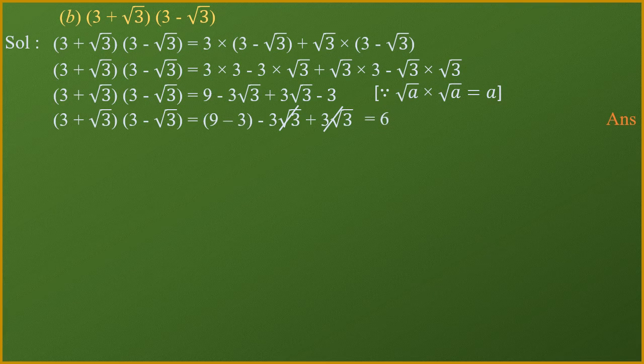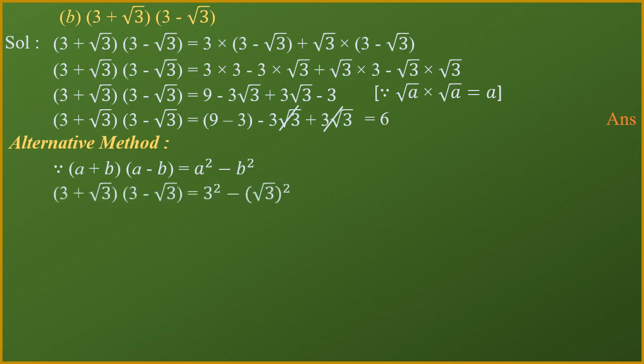Okay, but this question you can solve by one more method. Let us see that method. Before we start that method, you should know this formula, a plus b multiplied with a minus b is equal to a square minus b square. Okay, so now compare a plus b. In place of a plus b, in the question I have given 3 plus under root of 3, and similarly a minus b, in the place of a minus b, in the question I have given 3 minus under root of 3. So if I compare, I get the value of a is equal to 3 and b is equal to root of 3.